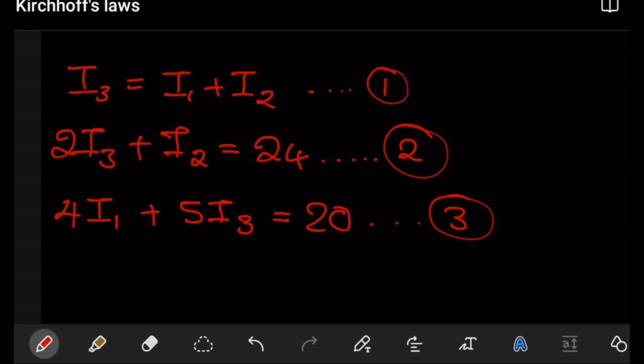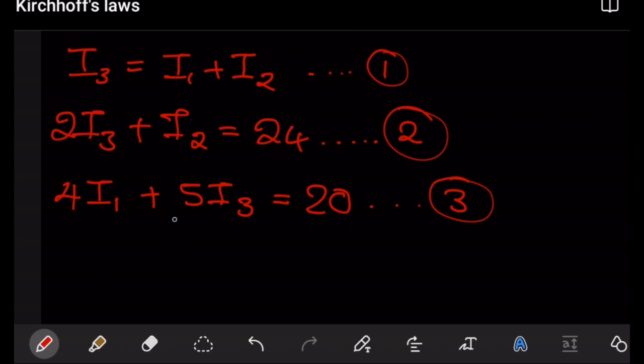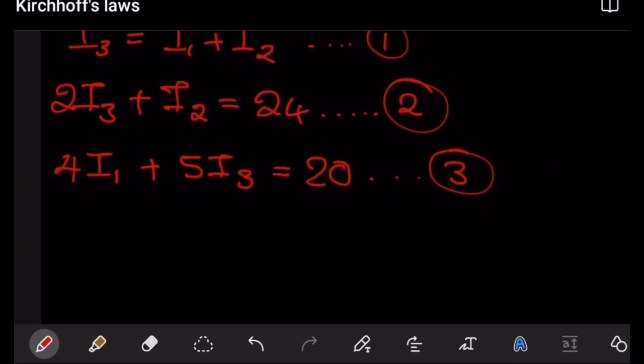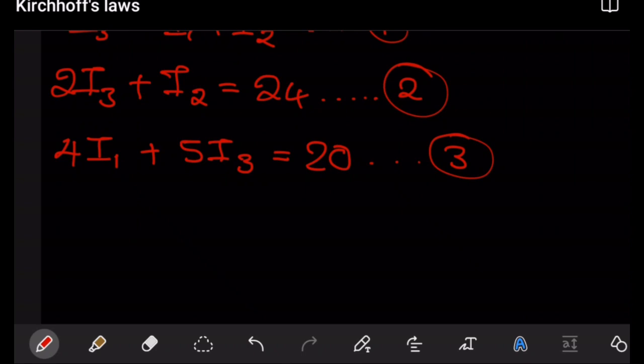The only thing that is left now is to work out these 3 equations as a system of equations. There are different ways you can work out these expressions, but in this example, I'm going to start by substituting I3 into equation 2 and equation 3, and then work out what I'm going to have as a system of equations. So from equation 2, if we substitute the expression for I3, what we end up with is 2,